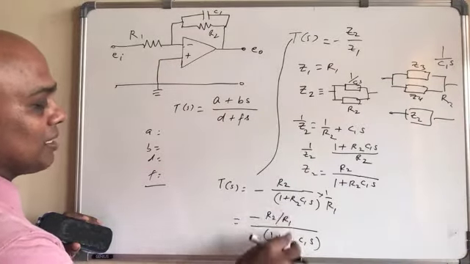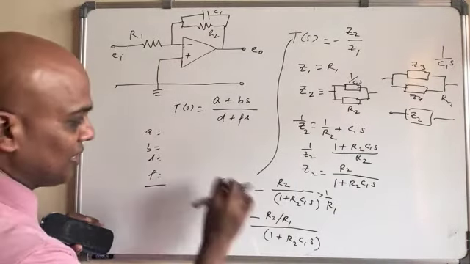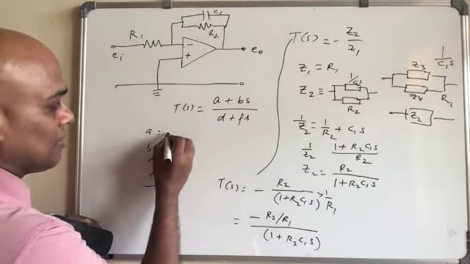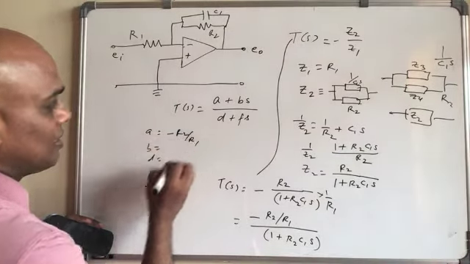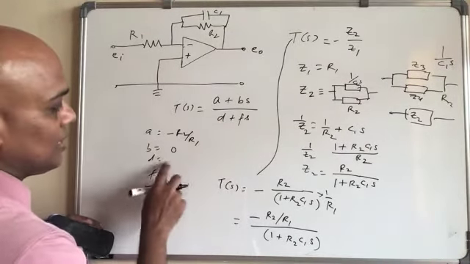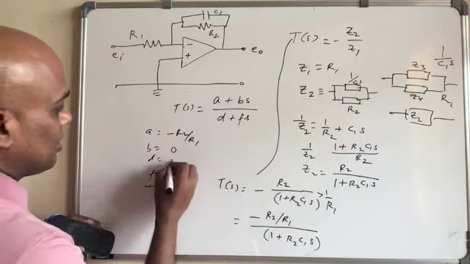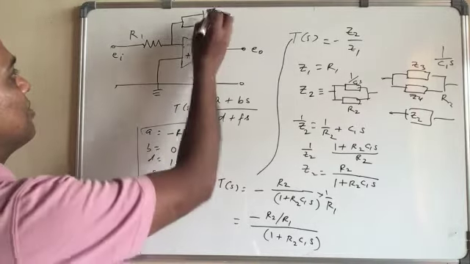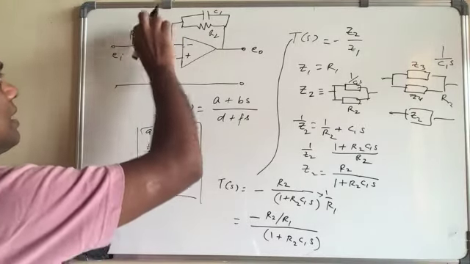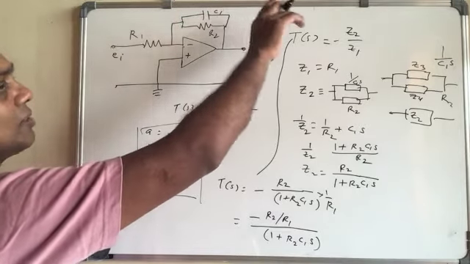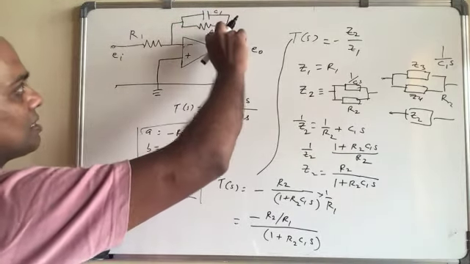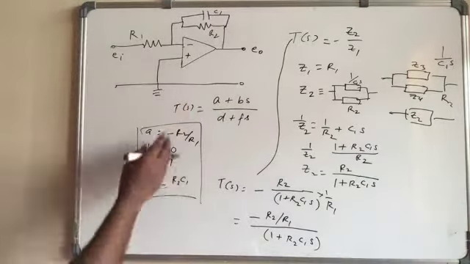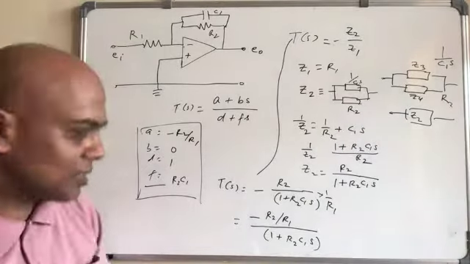Since there are multiple solutions of these, we have to fix the others. So in this case, for example, for matching, it will be A equal to minus R2 over R1, B will be 0, D will be equal to 1, F will be equal to R2 C1. And I may give some values, say R1 equal to 5 ohms, C1 equal to 1000 microfarad, and R2 equal to 10k, and from there you have to find out the values. This is how you can do it.